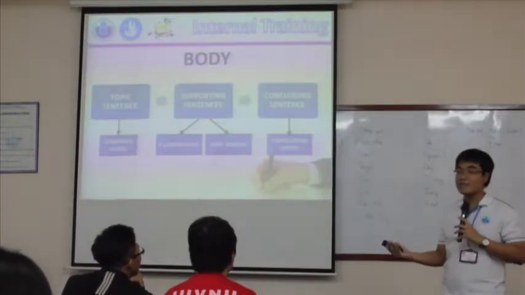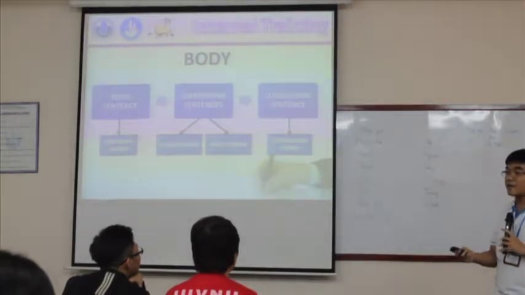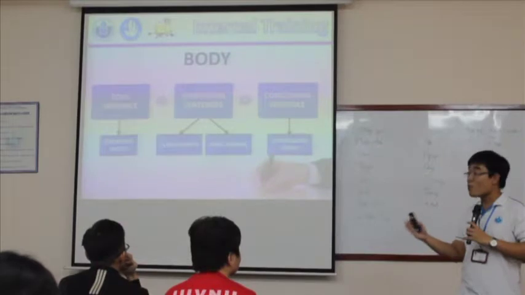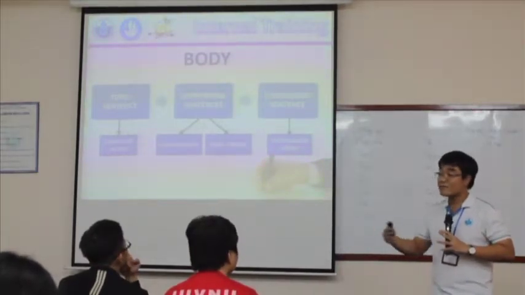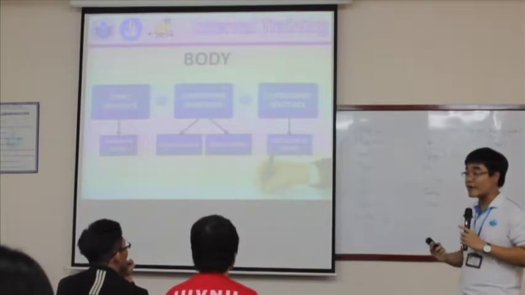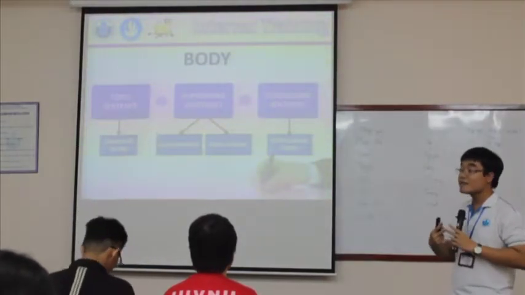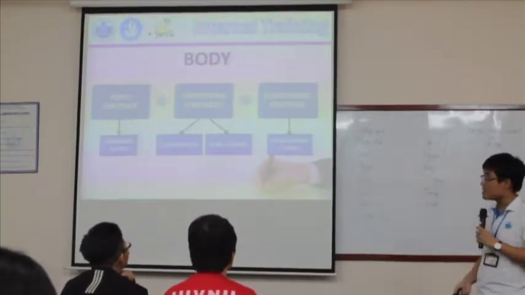First, for the topic sentence, you can have the ordering word. You will let the readers know where they are at the moment so that they won't get lost while reading your essay. For example, if you have three main ideas, you can use firstly, secondly, and finally. Those are the ordering words.